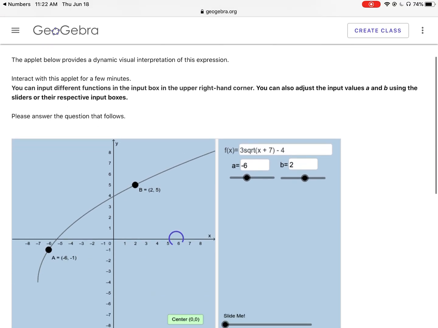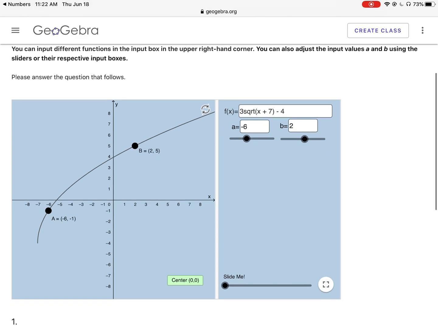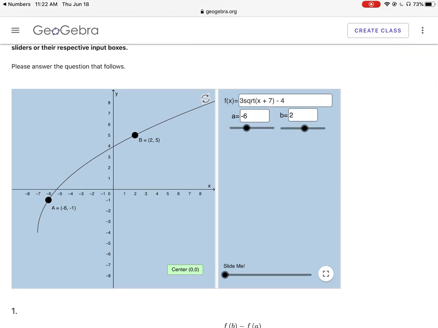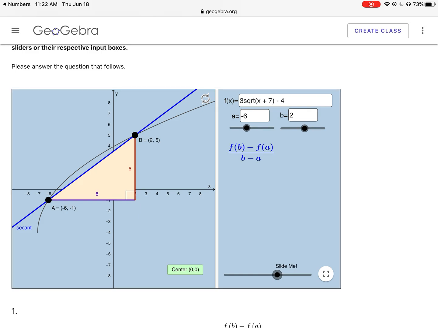And in this particular illustration, I have a square root function, which is clearly not linear. And I have 2 points, A and B, already picked out. A is the point (-6, -1). B is the point (2, 5). And you're going to notice, as I slide here, I'm going to come up with the horizontal and vertical distances from point A to point B. The horizontal distance is 8 units, the vertical distance is 6 units, and now it's going to go through the